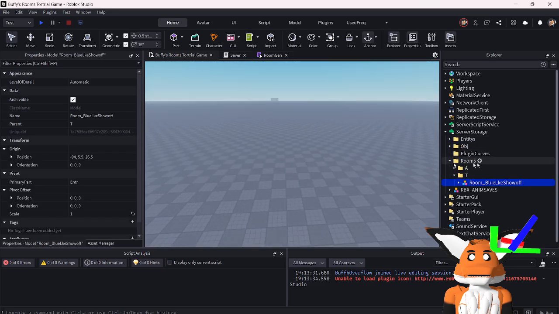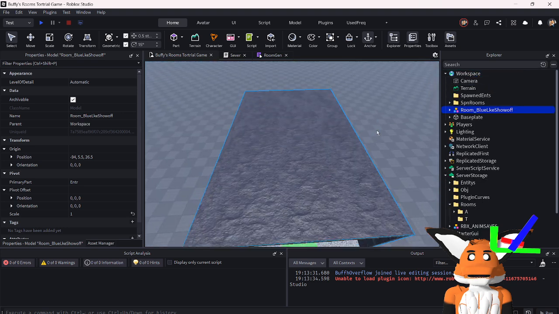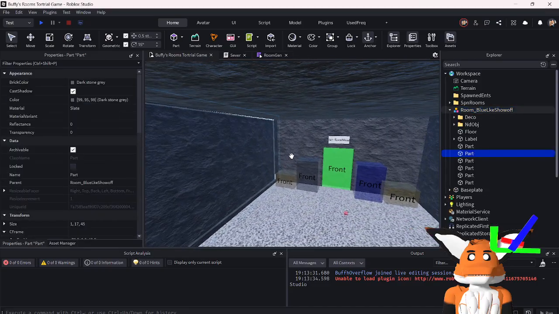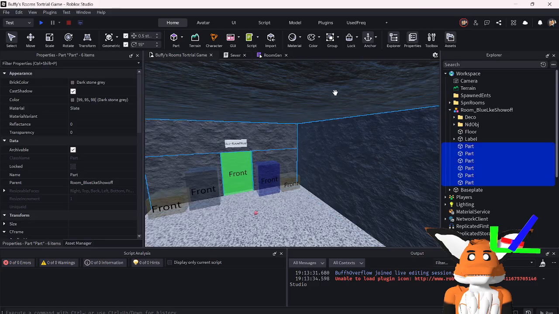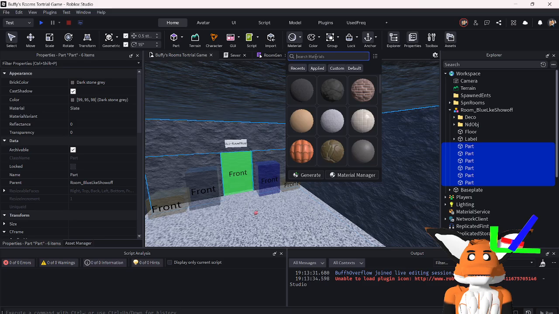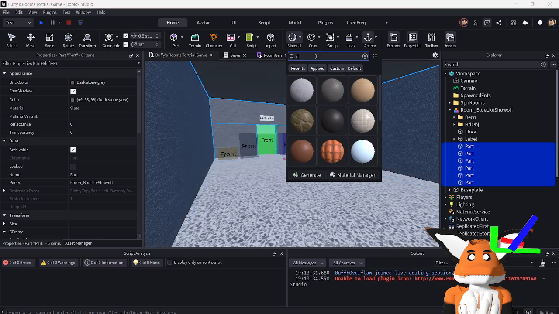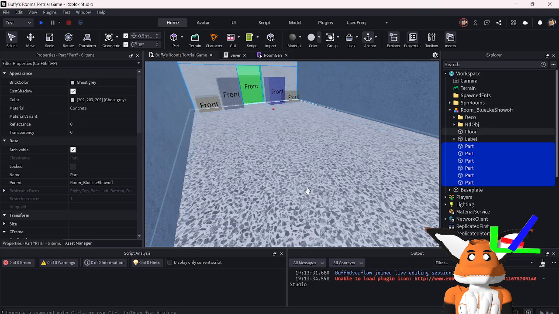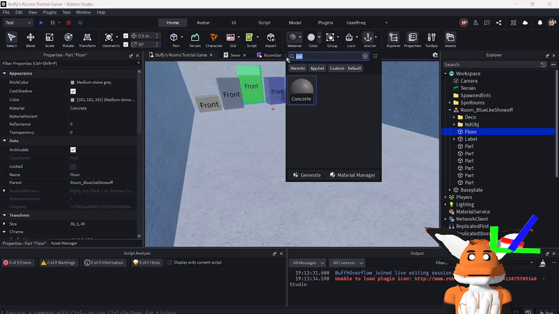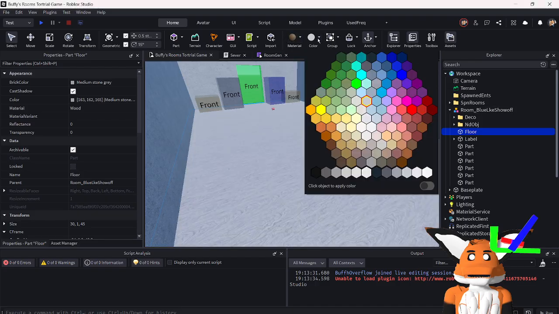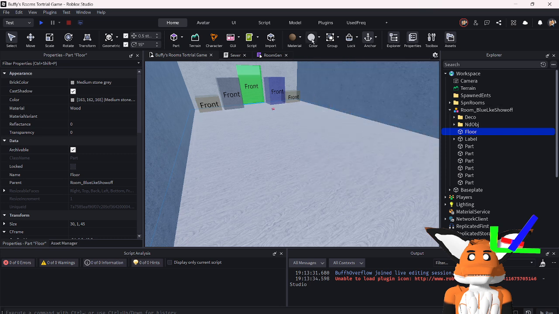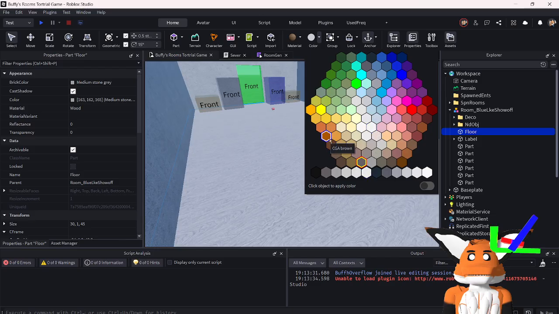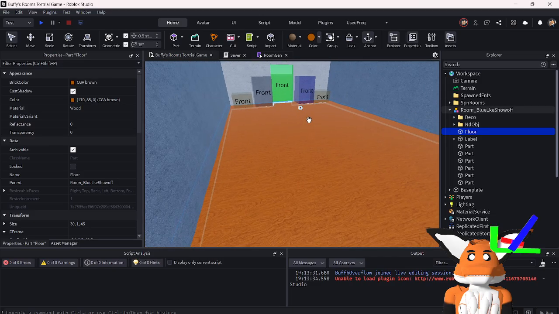a basic room, which I'm going to actually change since I do not like it. I'll go for like a concrete maybe, and then make the color maybe this white, and then select down here and make it like wooden planks maybe, and then make the color like CGA brown maybe. No, that looks